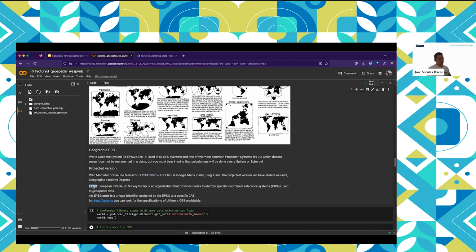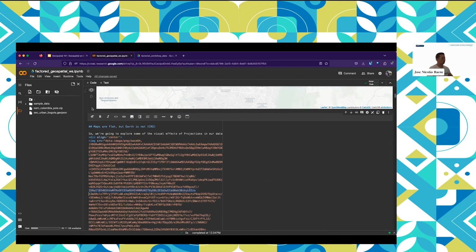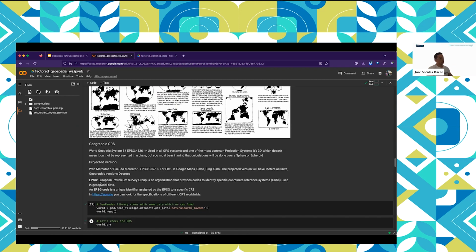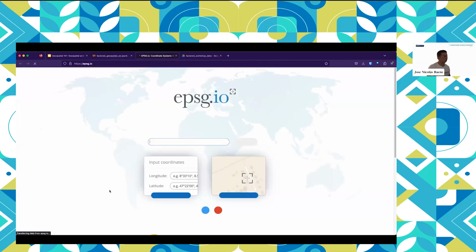Just for fun, as a fact, you will see that we have this EPSG code. EPSG stands for European Petroleum Survey Group. It's not a company, it's an organization that takes care of projection systems and coordinate systems and documents them and makes them available so you can check the parameters, the spheroid. That's a whole science that is very interesting. You can check what sphere they are using, the azimuth, and a ton of parameters. You can check multiple of these codes on this web page, which is epsg.io.